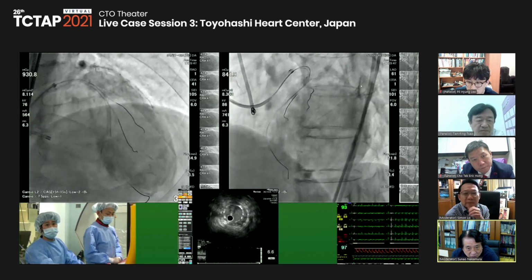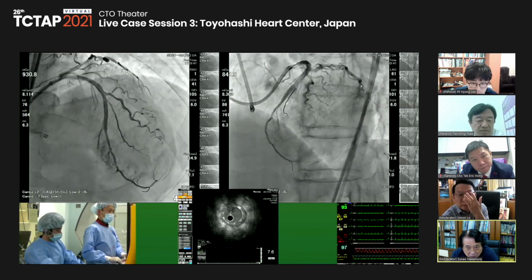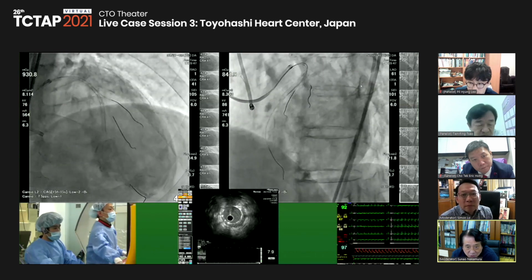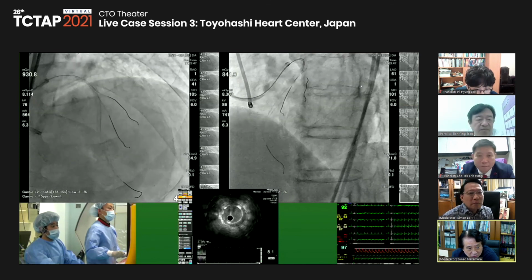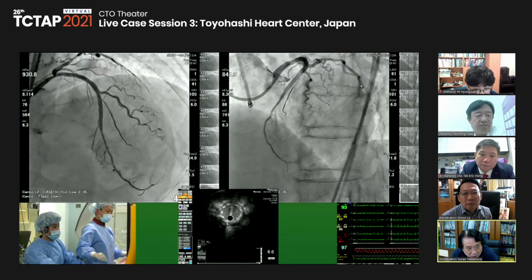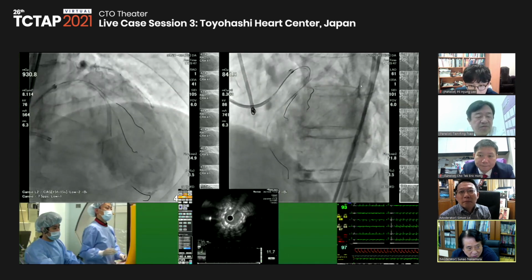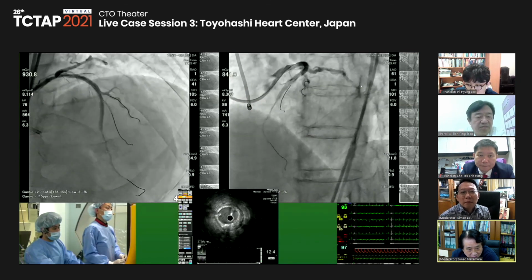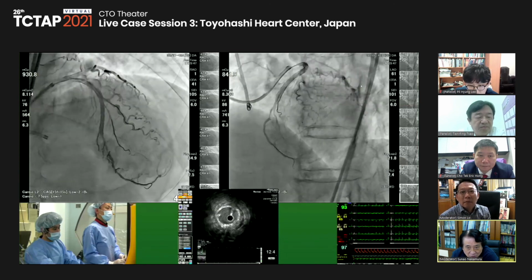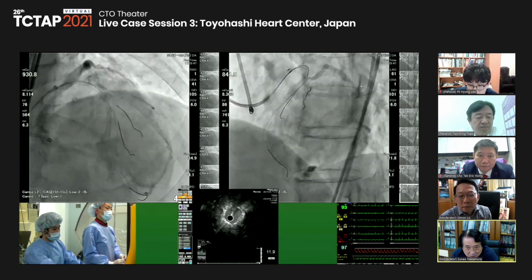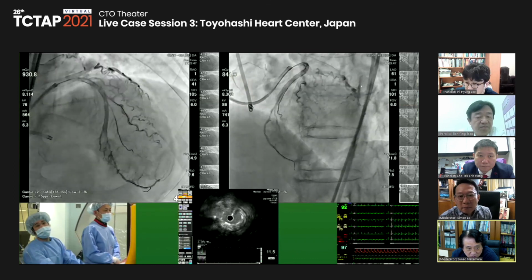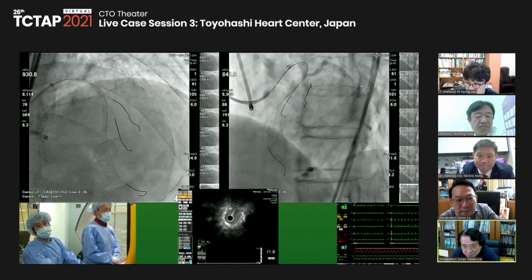Maybe 50% of CTOs have a bifurcation lesion, so we should select the appropriate one. Today he showed a very elegant single stenting and balloon protecting way. This is very educational. Thank you very much.